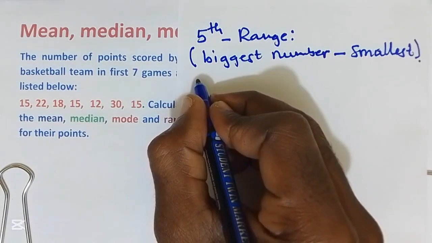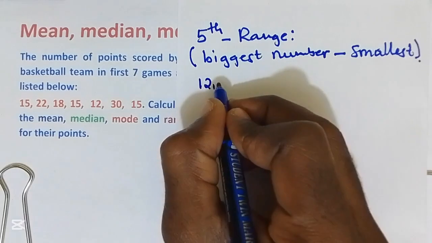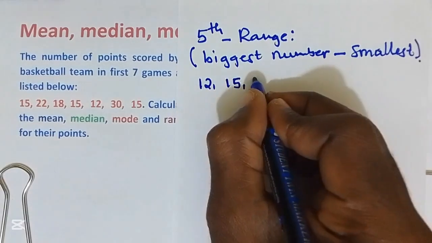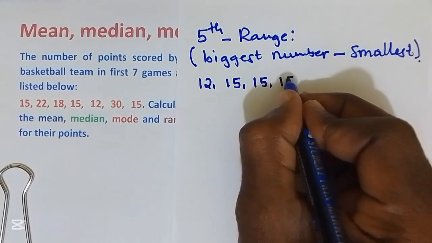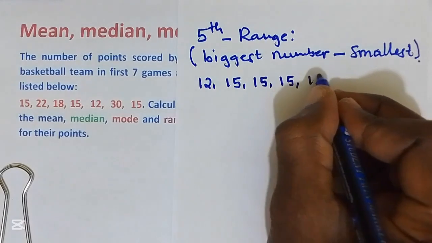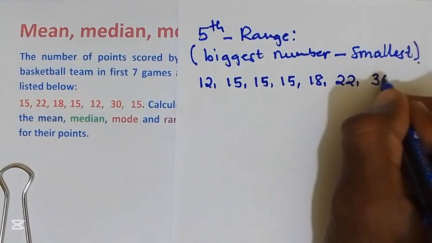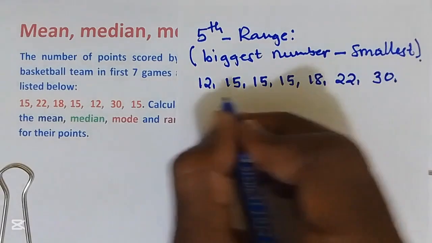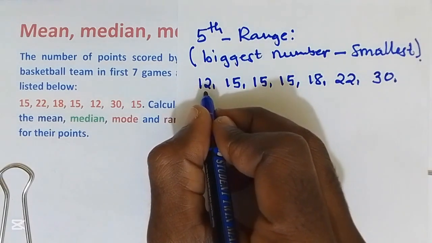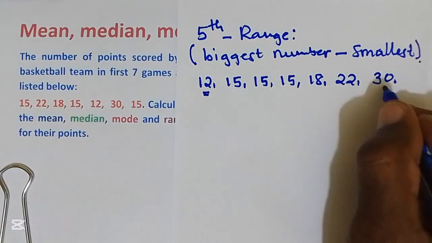So our arranged data are 12, 15, 15, 15, 18, 22, and 30. The smallest points that the team got is 12, and the highest point that the team got is